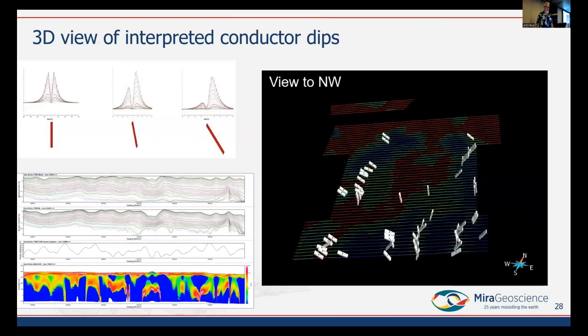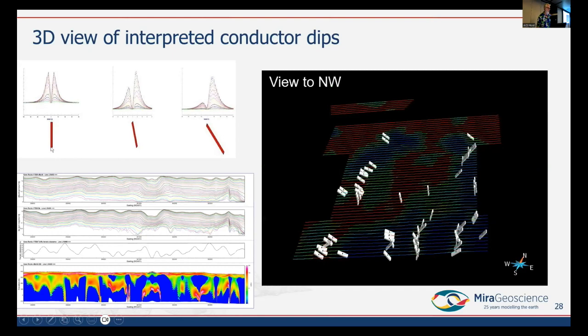In parallel with the potential fields interpretation, we started looking at the airborne EM data, even though it only had partial coverage, so it wasn't a primary data set. But with airborne EM, if you've got thin, tabular dipping conductors, like graphitic shales or massive sulfides, they produce quite diagnostic looking anomalies in the airborne EM.